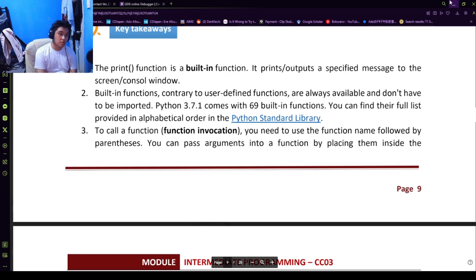Today we will be tackling the print function, or the Python programming functions, which are the basics of the Python program. The first one would be the print function, a built-in function. It outputs a specified message to the screen or console window. Built-in function means these are the functions that will be suggested to you with whatever you type